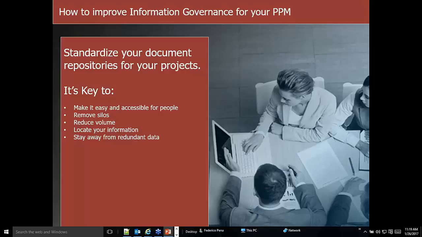Because silos are definitely going to help your information governance program fail, right? If you can't keep it all in one place, it's going to fail. Now,